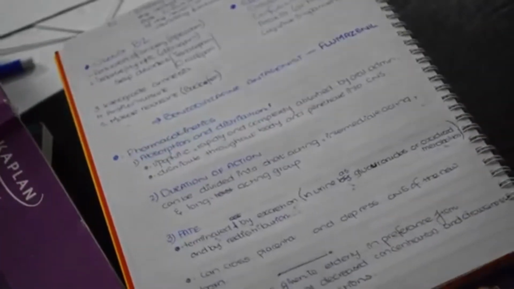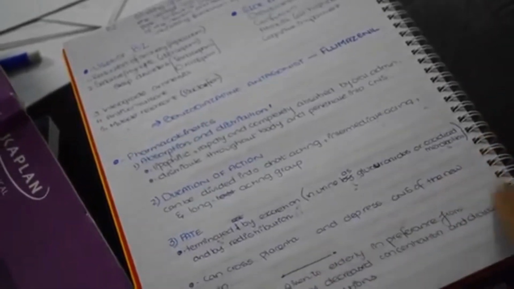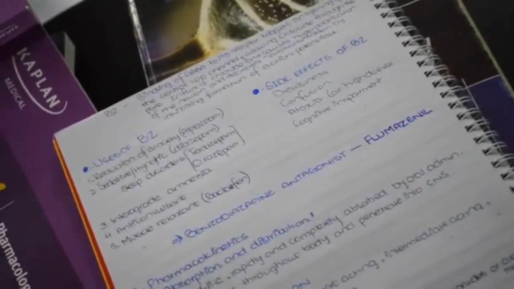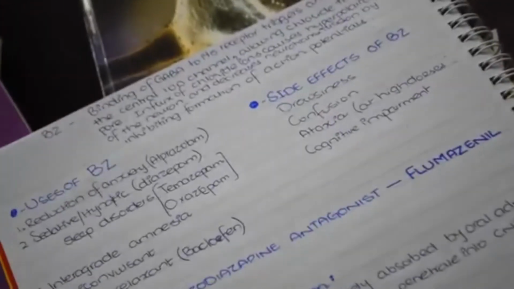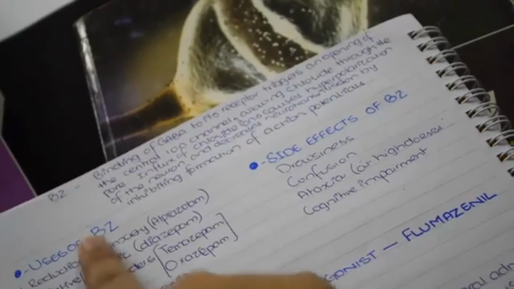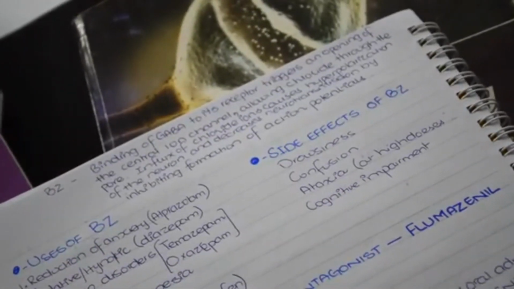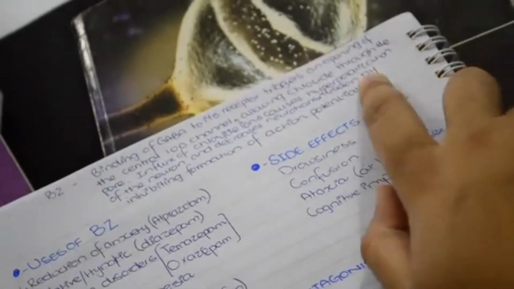This was given in the page layer, so I put it a little away. This whole thing was given in a diagram, this one. I just wrote it down like this. Okay, so the mechanism of action of the benzodiazepines, here. This chunk from here, the mechanism of action that I did before, I wanted to give it a more mature feel. So what I did was I wrote this part,